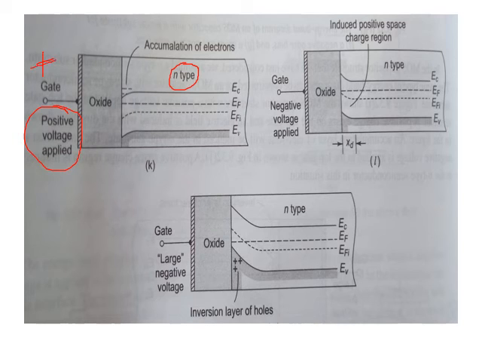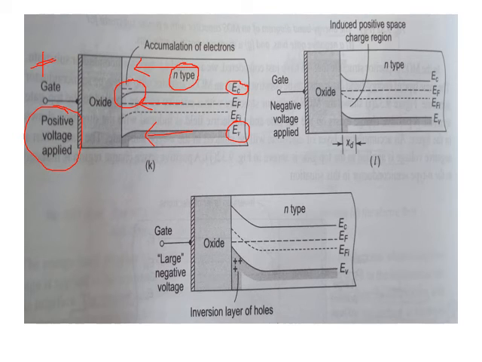Positive potential is applied and the majority carriers are electrons. So electrons will get attracted. Correct. Very good. So where will the electrons be, near the conduction band or the valence band? It is near the conduction band. See, holes will always be present near the valence band, and electrons near the conduction band. Why? Because it is a semiconductor and it will conduct. It will conduct means the electrons should always be near the conduction band only.